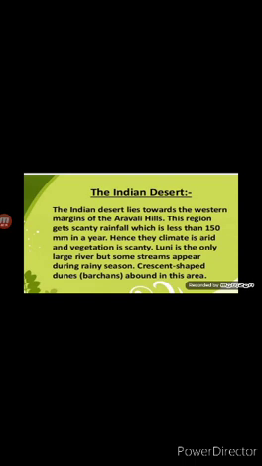This region gets scanty rainfall, which is less than 150 millimeters in a year. Luni is the only large river, but some streams appear during the rainy season. The barchans cover large area, but longitudinal dunes become more prominent near the Indo-Pakistan border.